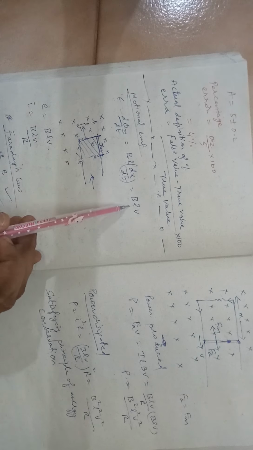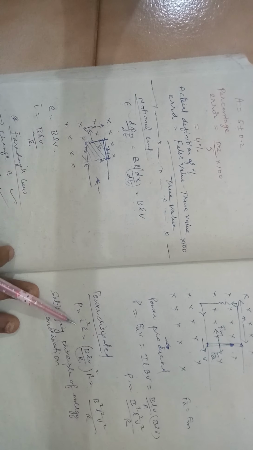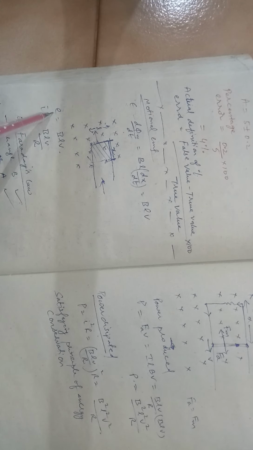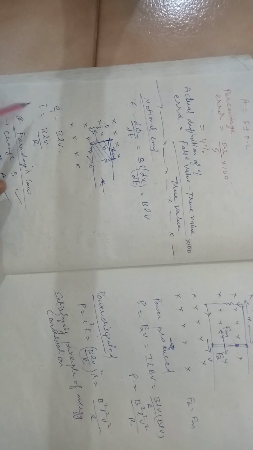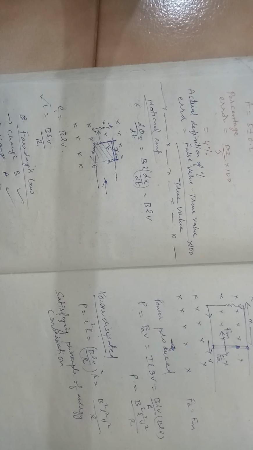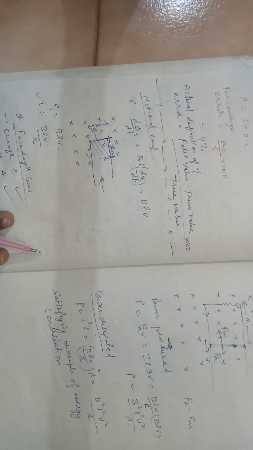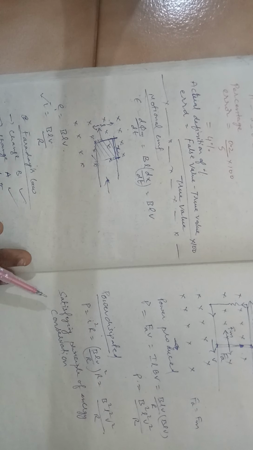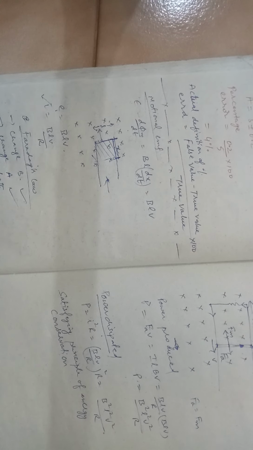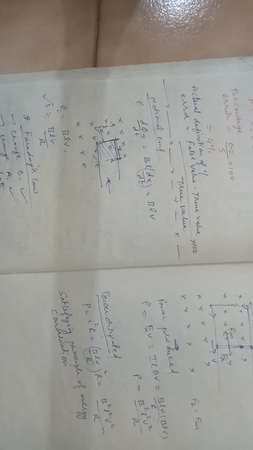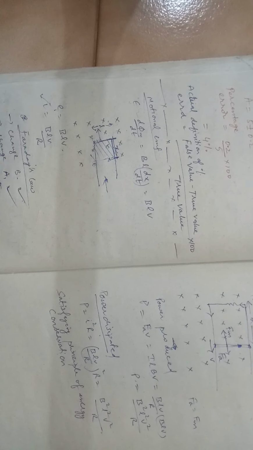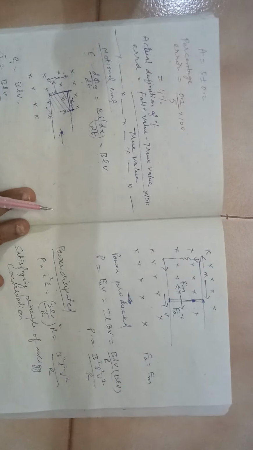So it is BLV. Now once you know this motional EMF, if let us say you know the resistance of this loop, you can find the current induced. So here we need to know that in this Faraday's law, you can change B with respect to time or A with respect to time or both. Usually we go with the first two options. So there is one more small concept.